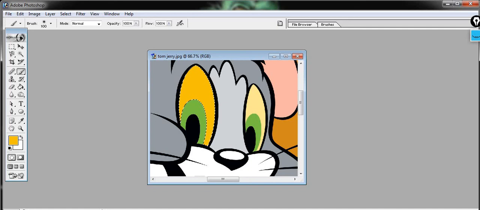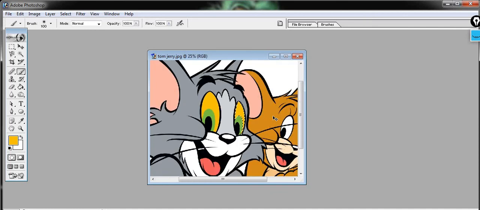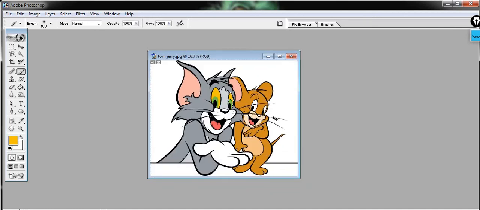In the same way, again I am taking this magic wand tool, and then this portion, these eyes, and again I'll take the brush and I'll make this color, right? Understood? Now control minus, plus control D to deselect. See, the color of the eyes has been changed.